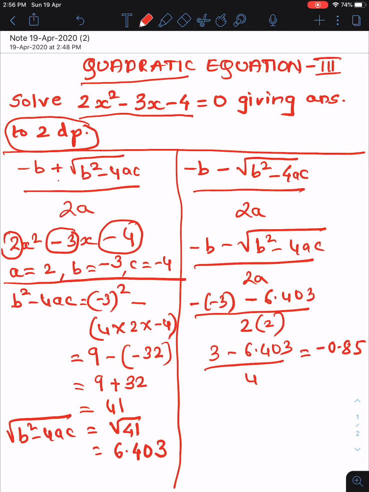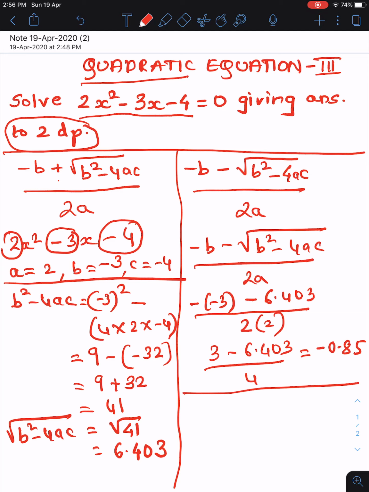I have corrected to 2 decimal places. In the calculator you will get 3 decimals, and you will round off to 2 because they have told you to do so. Here also kids commit a mistake that they keep the answer to 3 decimal places or 4 decimal places. They forget. So reading the question during the exam is very important. This I got the value for minus. Let us check for plus what you will get.